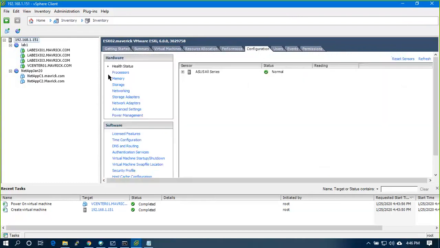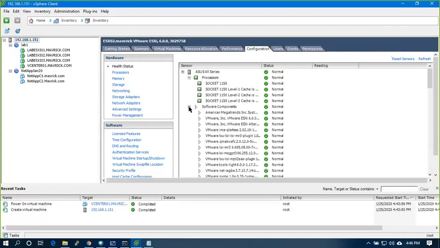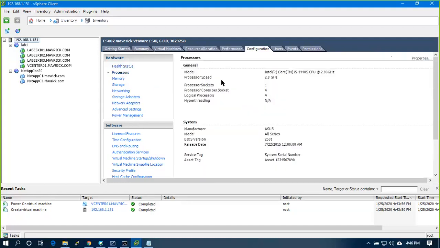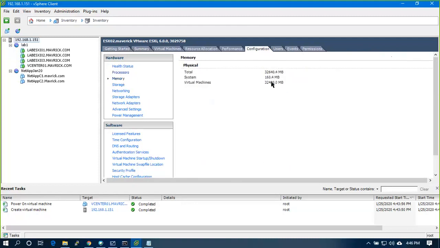Configuration, you have health check status, all the components whether they are working or normal or not, and processors, CPU information, memory, storage,